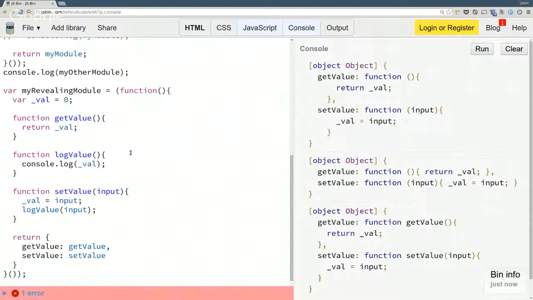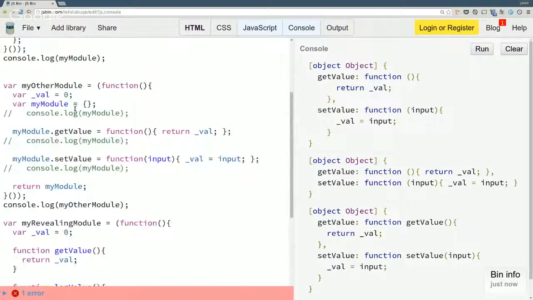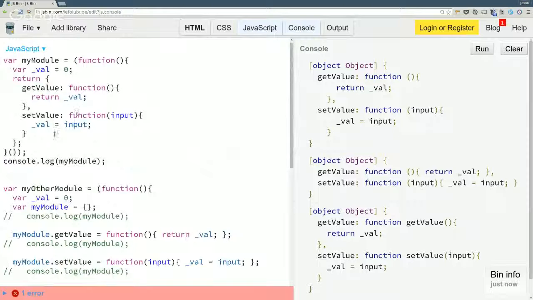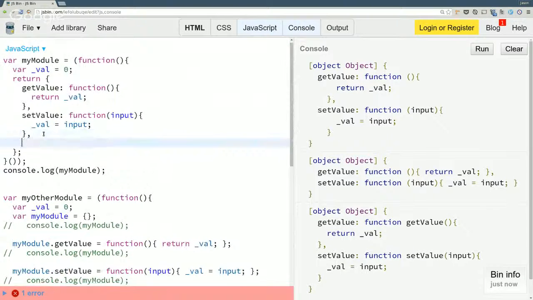Revealing module is a good choice if you just want functions written like you normally would in an imperative programming style, and then just expose a subset of those. If all of your functions are going to be exposed, then use one of these two. Like log value, if I don't need it to stay internal.